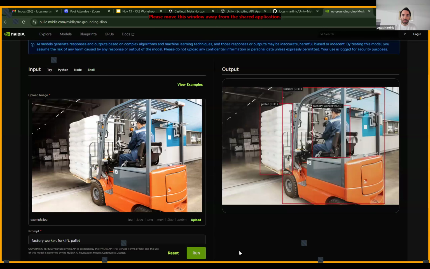So in this project, you will find these controllers that do all the process of getting the image, sending it to the NVIDIA server, getting the answers, and then